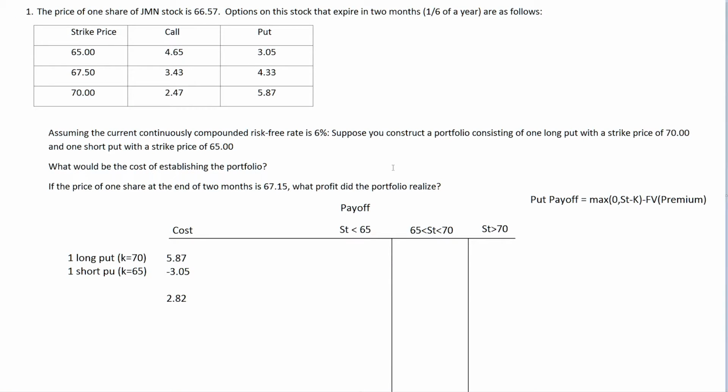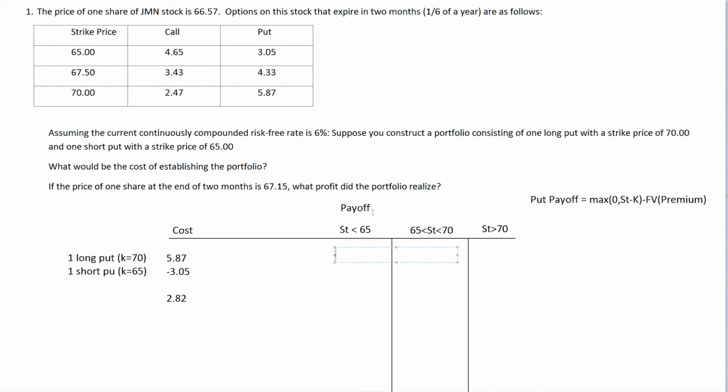Alright, so we're going to be solving the second part of this problem, which is asking if the price of one share at the end of 2 months is $67.15, what profit did the portfolio realize? So we're going to be going to the payoff part of our diagram here in order to calculate the profit. So just remember that a put payoff is going to be the maximum of either 0 or your strike price minus S_T, whatever the price of your forward is being priced around, minus the future value of the premium. So for the long put, if S_T is less than 65,